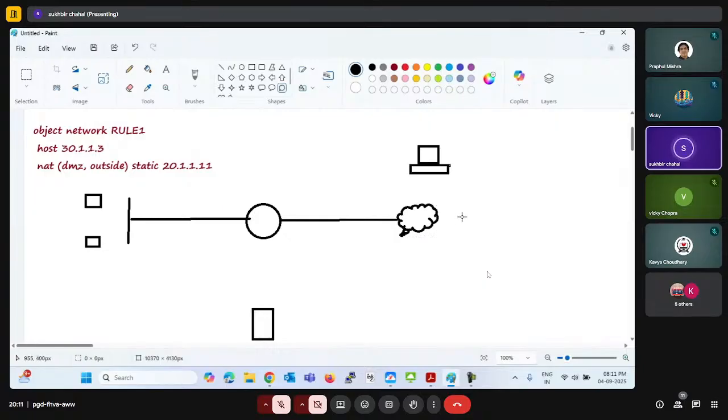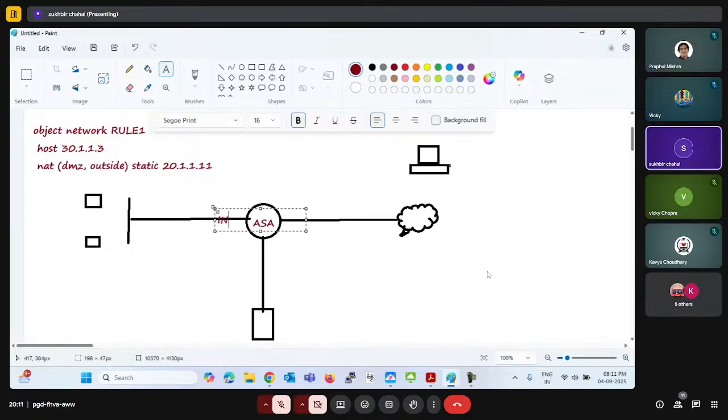So this is the cloud. Now just configure the names so you can remember. On the ASA, here we have the inside zone, for the inside network, and after that we have the outside zone,